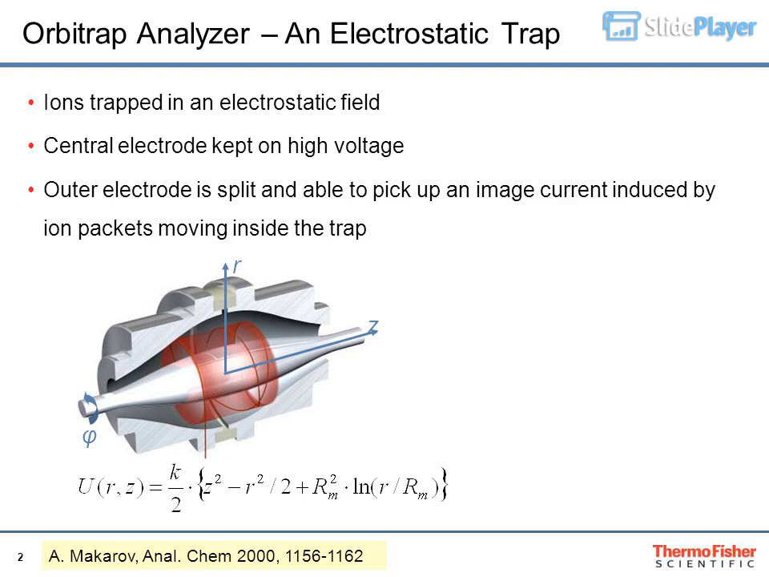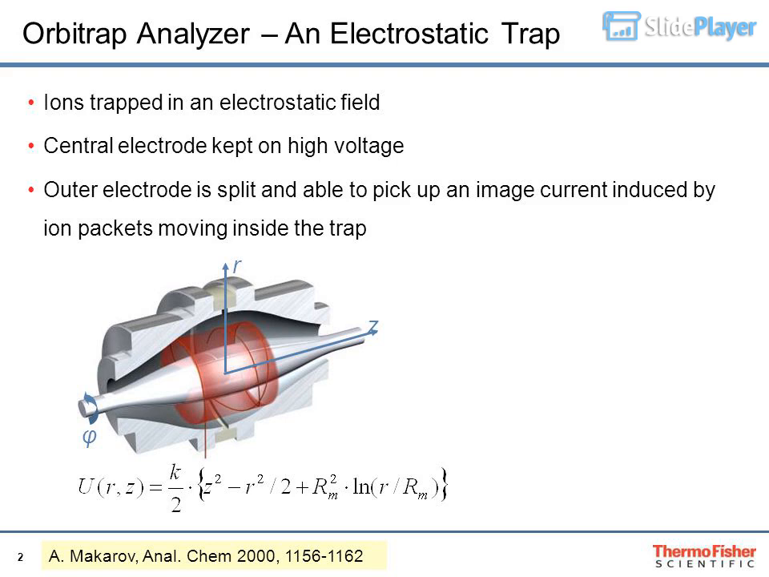Only one of them is completely independent of the energy and position of ions, that is the axial frequency. Therefore, only this frequency could be used for mass analysis. This is where the ideal Kingdon trap becomes a mass analyzer, the Orbitrap. A. Makarov, Anal. Chem. 2000,